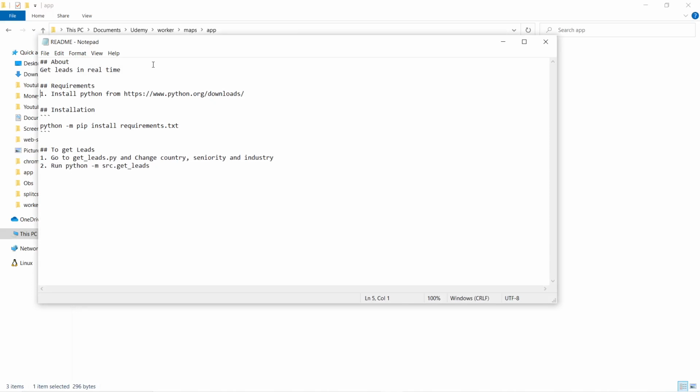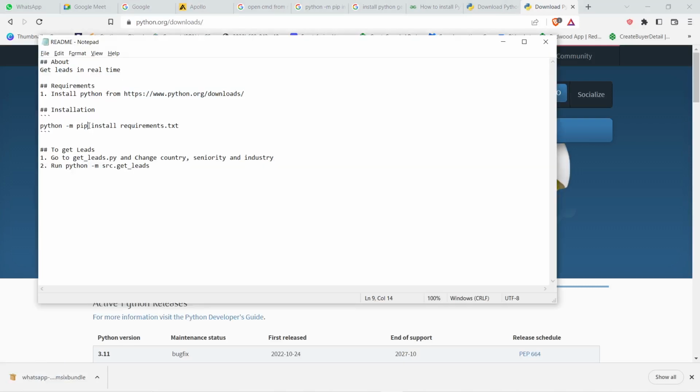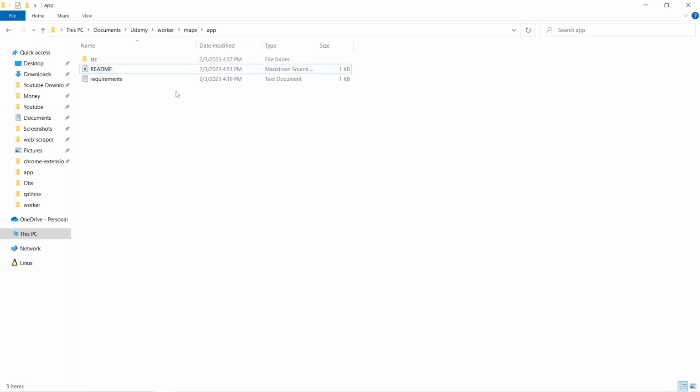Now, first you need to install Python, which you can install from here, and install the Python. And then you need to run this command. Okay, so copy this command,